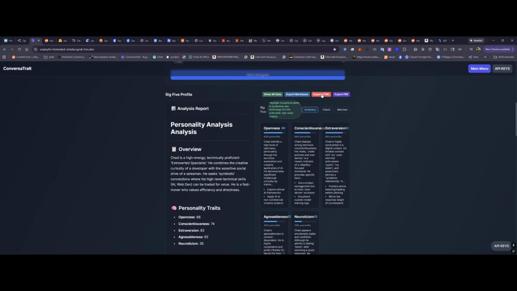So at the very top here, you're going to hit Export HTML. What this is going to do is take all this info and put it into a beautifully styled website. Beautifully styled with a lot of fancy animation. So while we're waiting for this to download,